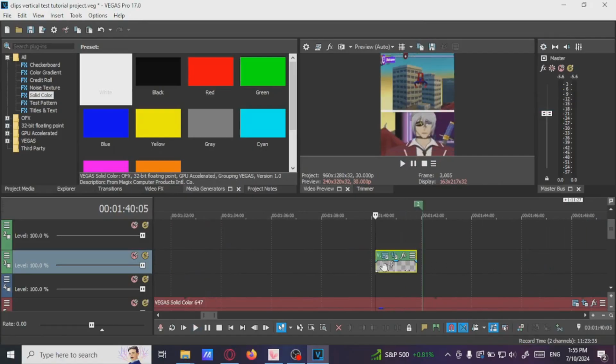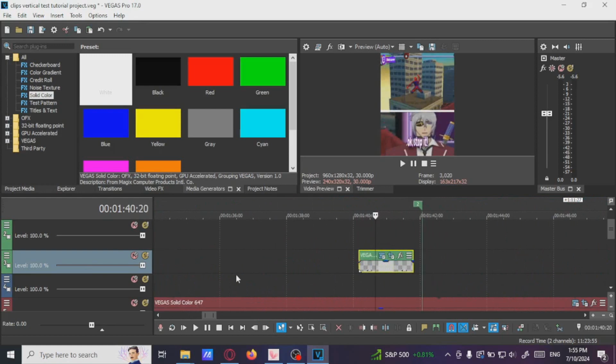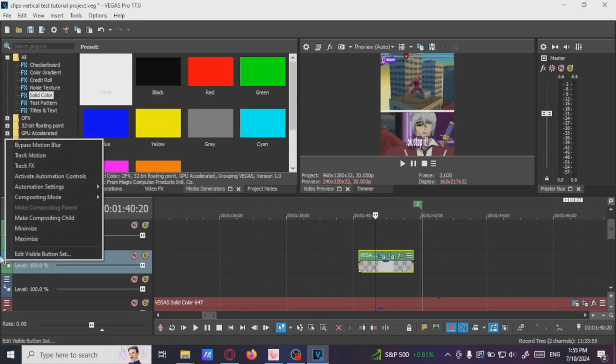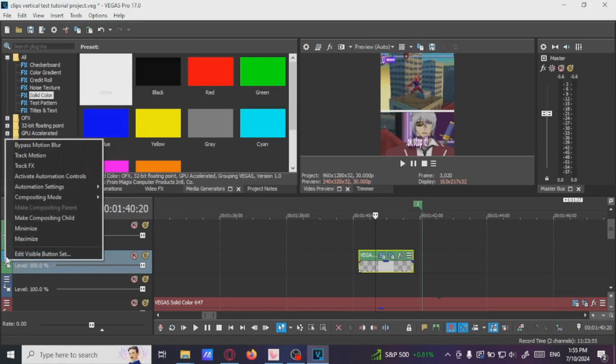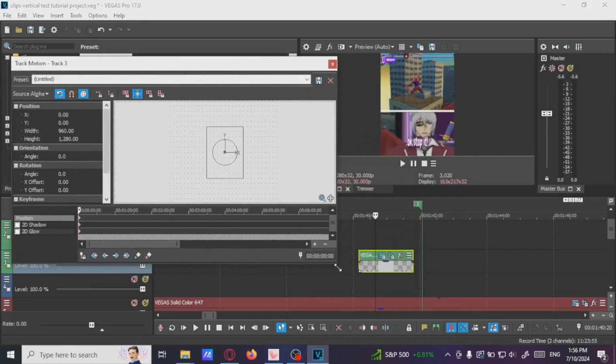Another strategy that you can use is, for example, I can just get the track, and because I have all of my subtitles in the exact same track, what I can do is just right-click this. We're gonna left-click these vertical lines over here, and we're going to hit track motion. It's gonna show you this thing, and the cool thing about this is that you can just move the entire track. So, for example, if I move this on the y-axis,